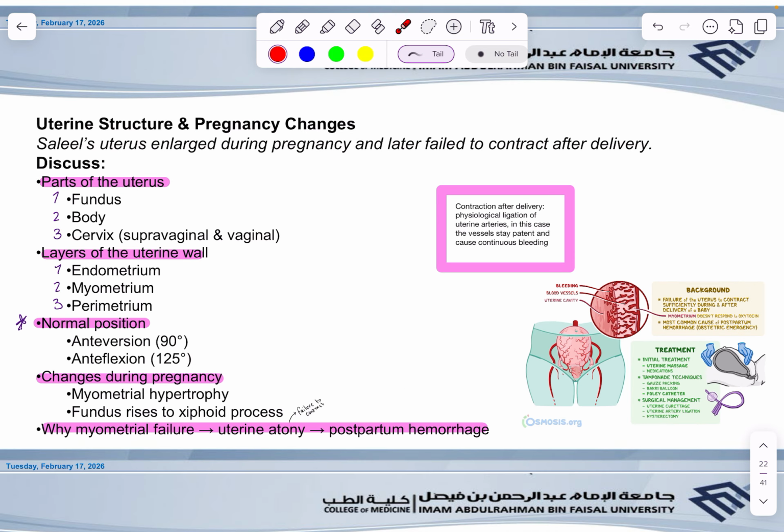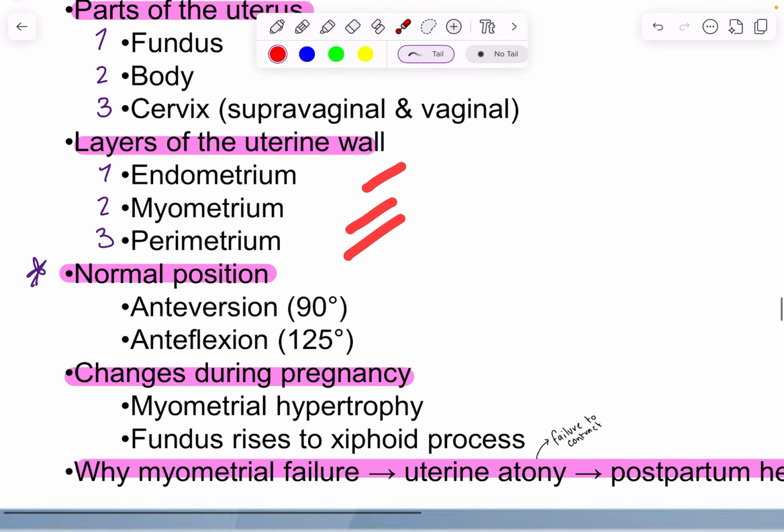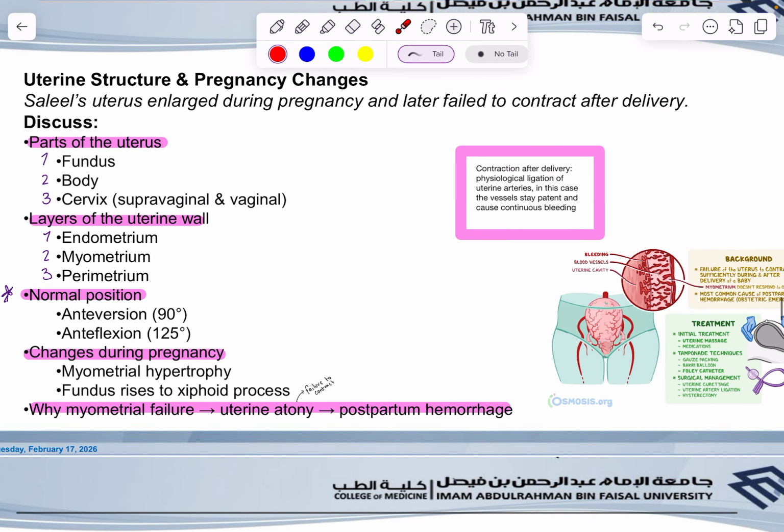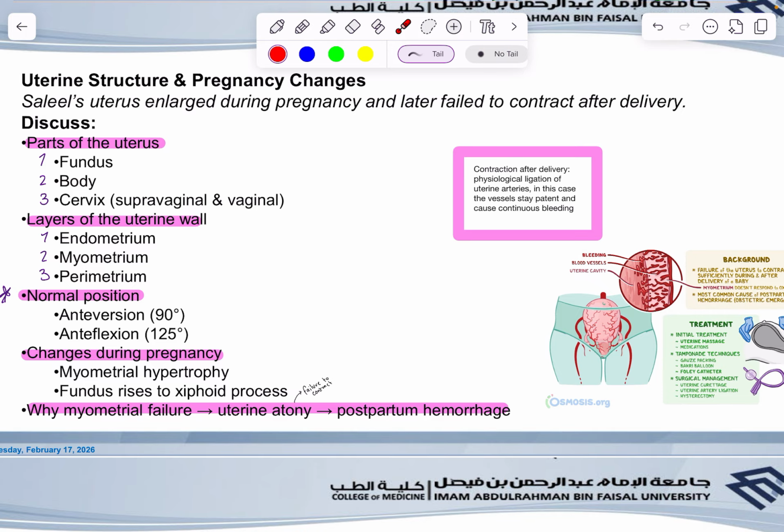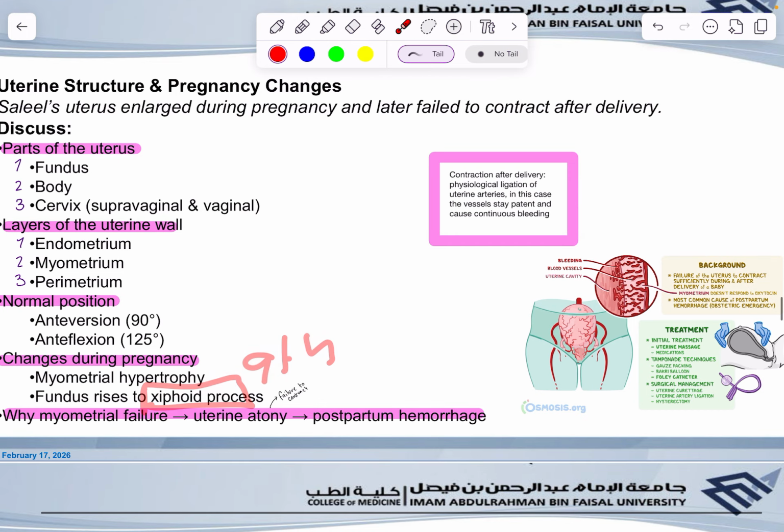طيب it says discuss the parts of the uterus. أخذنا الفندس والbody والcervix والlayers endometrium myometrium perimetrium. قلنا الnormal position is important. الanteversion والantiflexion. The changes during pregnancy حيصير عندنا myometrial hypertrophy و during the 9th month the fundus raises to the xiphoid process. But why does myometrial failure cause uterine atony اللي هو failure to contract, and why does this cause